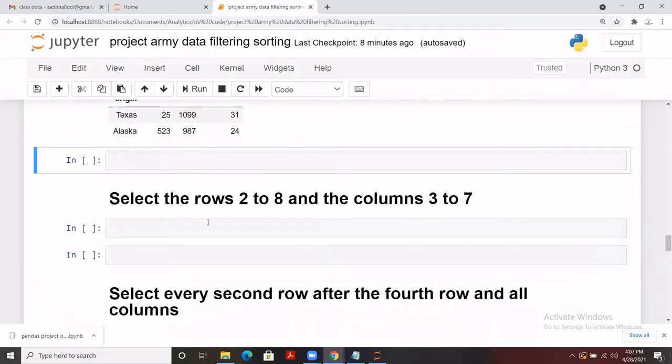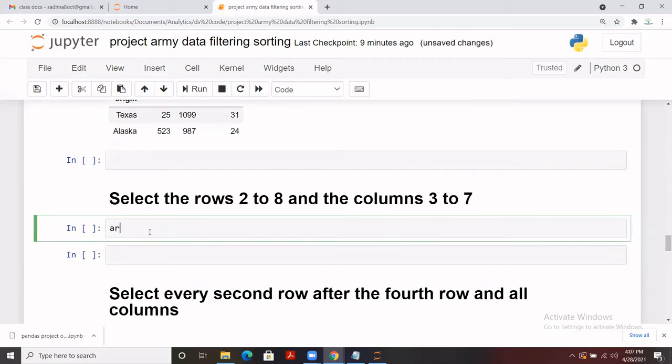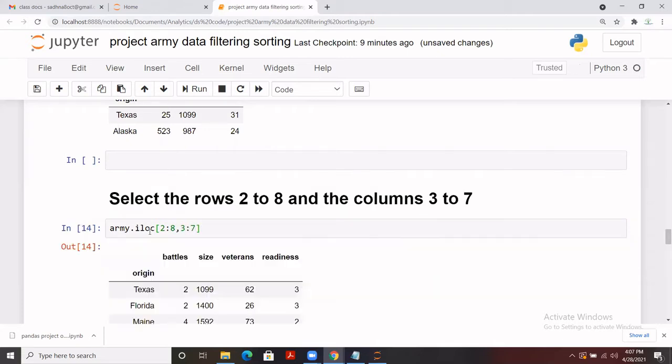So what we need to do is select rows 2 to 8 and columns 3 to 7. Rows 2 to 8 and columns 3 to 7. So we can use, basically you remember the iloc thing. So iloc, what is the sequence for rows? That is 2 to 8, and for columns we have 3 to 7. So simple, you can write it like this.